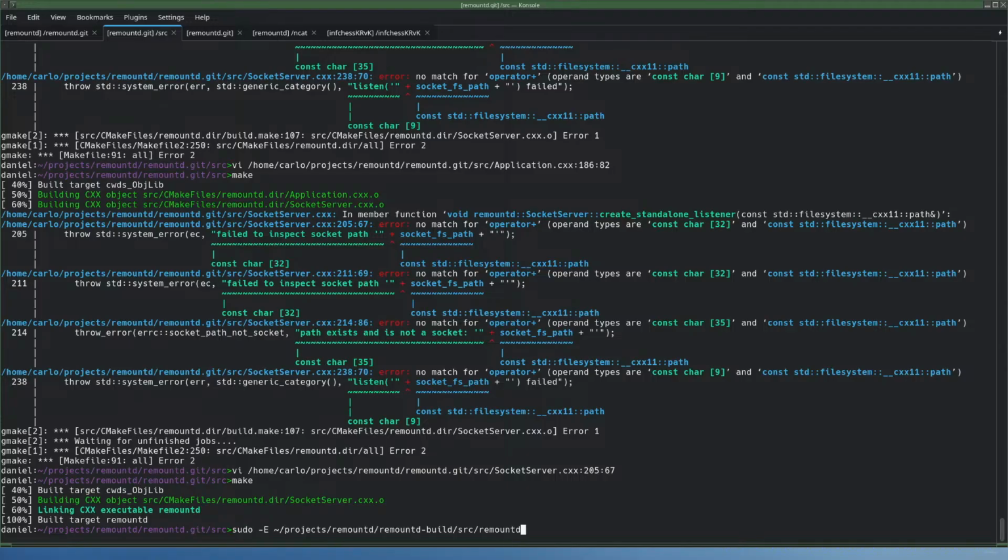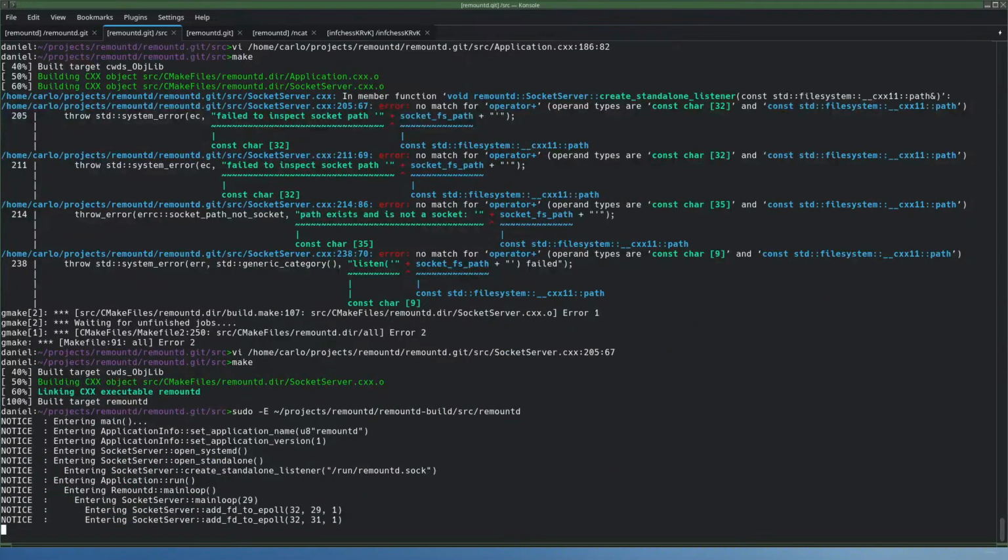There it is. Entering main, entering set application name, set version name, open systemd, open standalone. So it tries to open systemd, but it fails, and then we do open standalone, I guess.